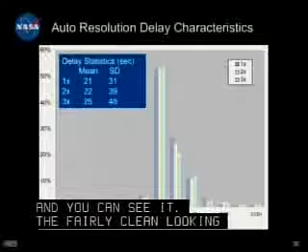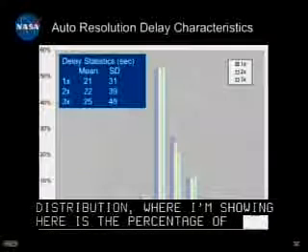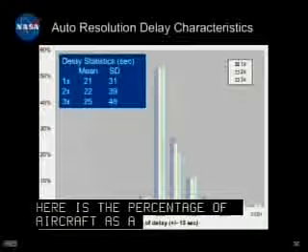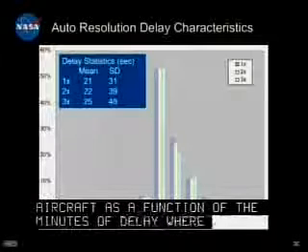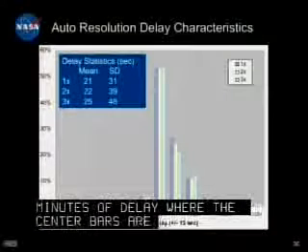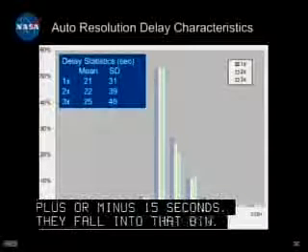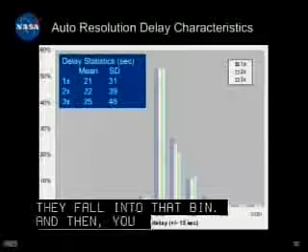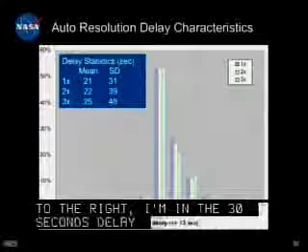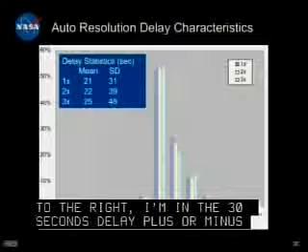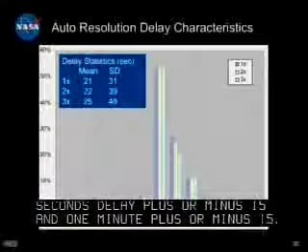Where I'm showing here is the percentage of aircraft as a function of the minutes of delay, where the center bar is 0 minutes plus or minus 15 seconds. They fall into that bin. And then, as we go out to the right, I'm in the 30 seconds delay plus or minus 15, and 1 minute plus or minus 15. Interesting, you notice that to the left of center,